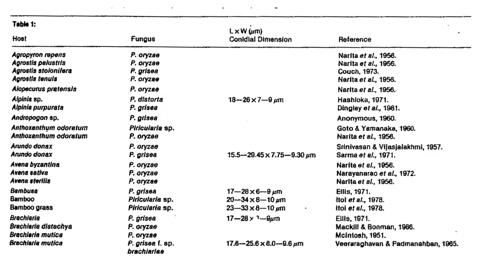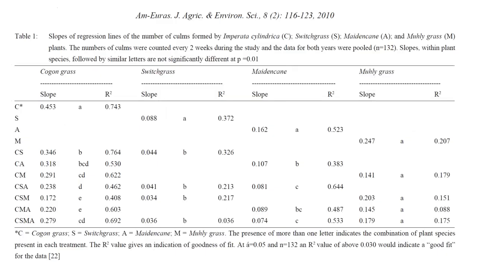So when you're looking at this, it gives you a lot of information, and basically this is a listing of plant species that have been reported to be infected by Pyricularia. You can see that we've got up into B on this, which meant that this table was approximately 10 times the size. This is a table out of the American-Eurasian Journal of Agriculture and Environmental Science, and it says